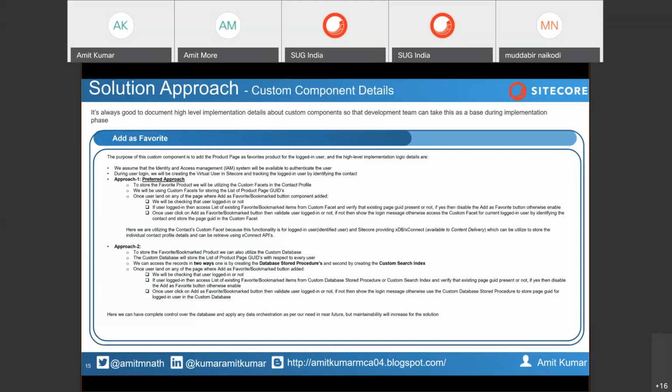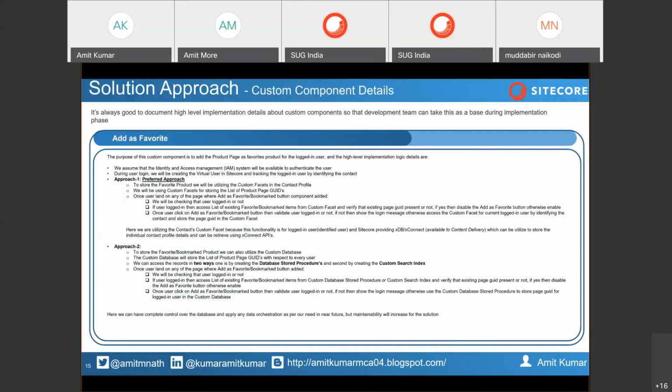So you can utilize a contact profile to store the custom process, because in the contact profile, I think everyone is aware of the Sitecore contact profile. I assume that. There is an Experience Analytics section in the admin portal, and there we will provide the experience profile. Experience profile is nothing but a virtual user, the particular user you are storing into Sitecore, and your digital marketing team can see how each user is performing on your website. So that is an identity for that particular user.